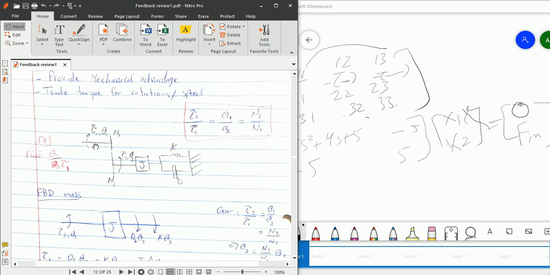Now please see this system. This is a shaft with N1 teeth, and this is a shaft with N2 teeth. It is connected with the J, and there you have a K spring and a damper D. Now your objective is to find theta 1 over T1. One way is to reflect all the impedances towards the right and solve the question, or reflect all the impedances towards the left. And one thing to remember is this: if you reflect T1 here, you will